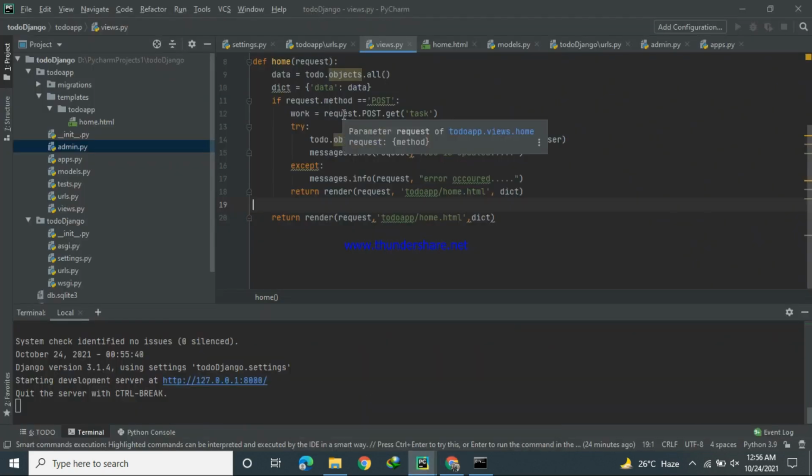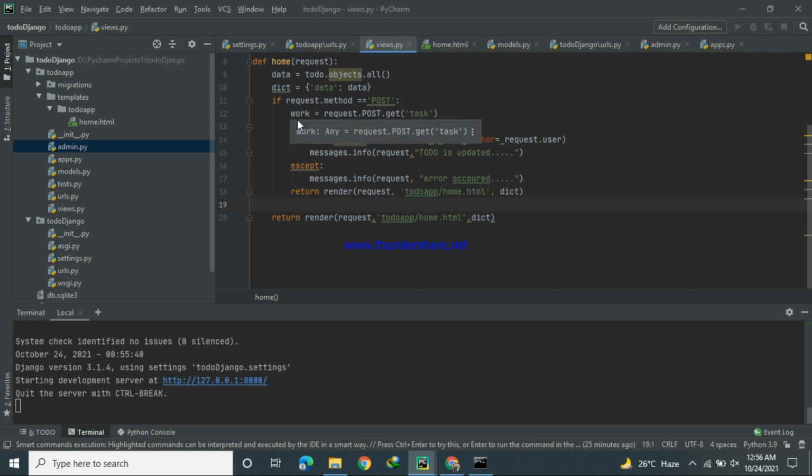Okay, whenever we are making a request and request.method is POST, then the HTML input named task that has some data will be stored in a variable work.